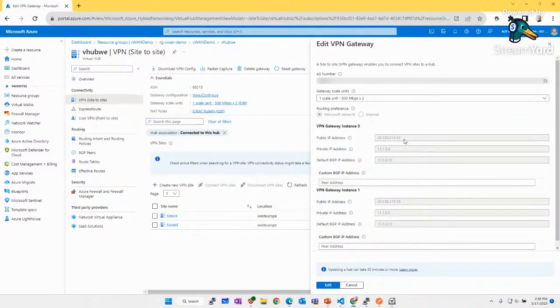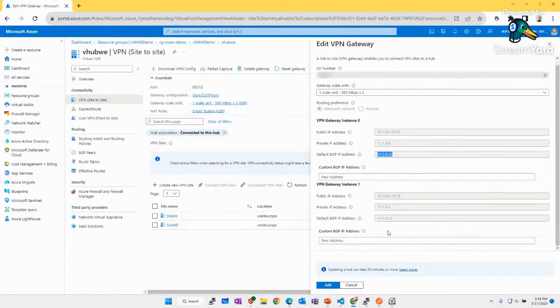You can also see the public IP address and the BGP IP address, and you can also define a custom BGP IP address if required. You cannot change the ASN from a VPN gateway, but you can change the ASN from the on-premises perspective, for sure.